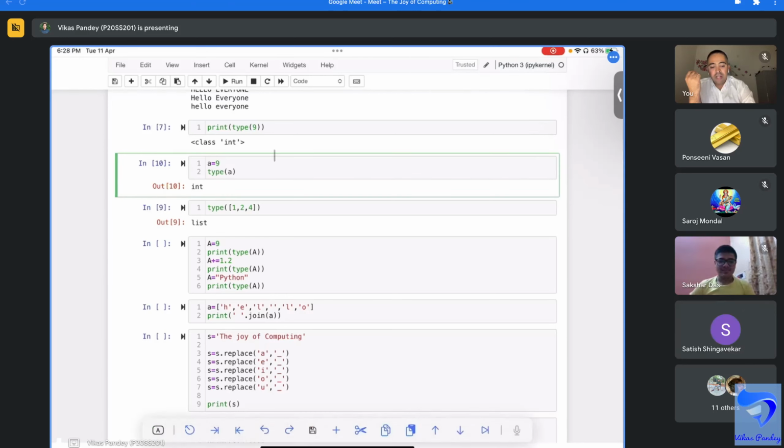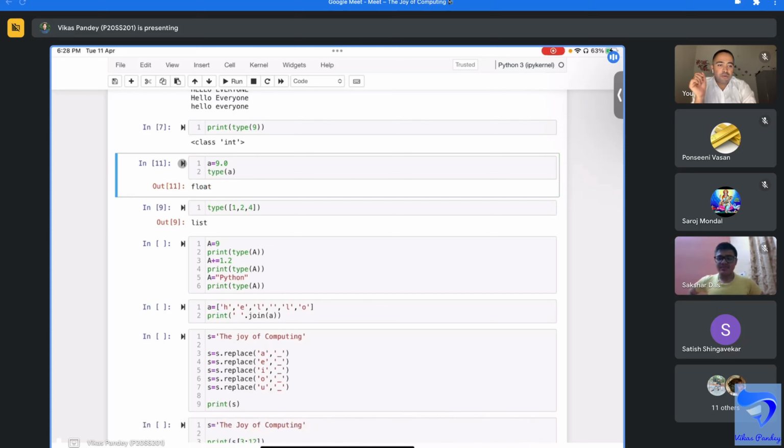When I put 9.0, it is a float and it will give you a float. So for ease, it is made like this, so you don't have to specifically define the type. Otherwise, you can define something like